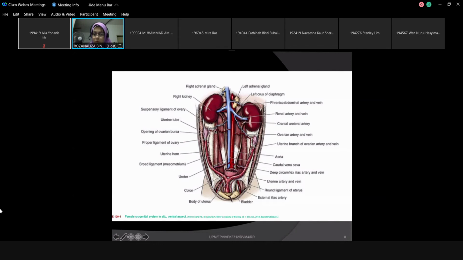Okay, so please take note of the ovarian vessels. Not sure why this branches from the renal vein. So basically the creation is like this. Okay, so next,